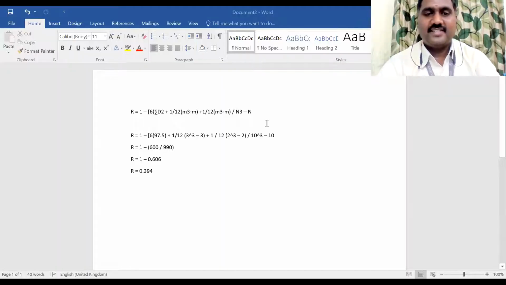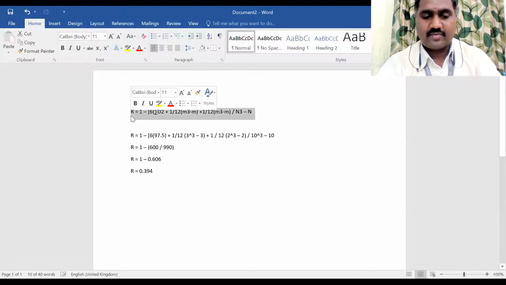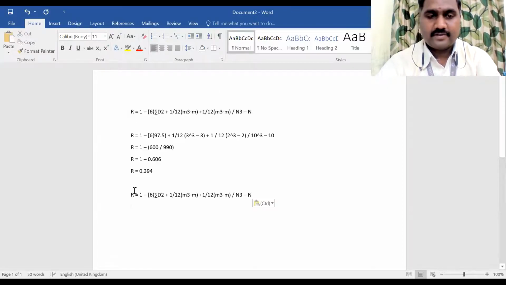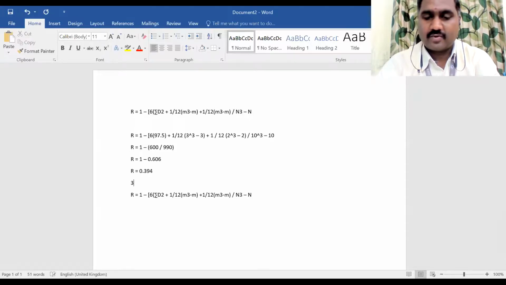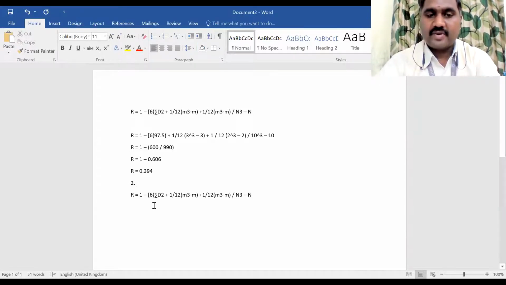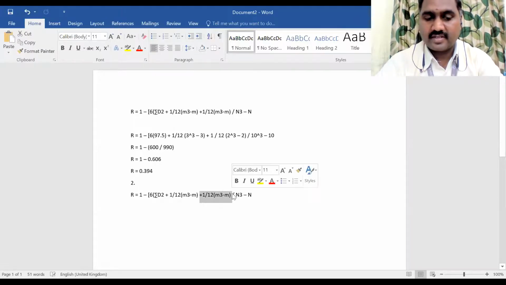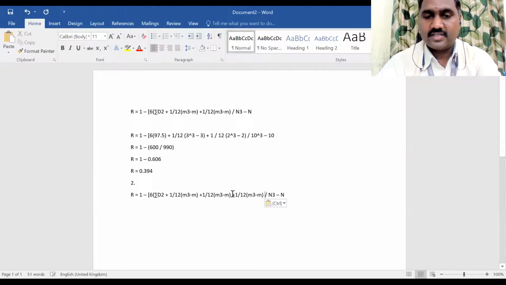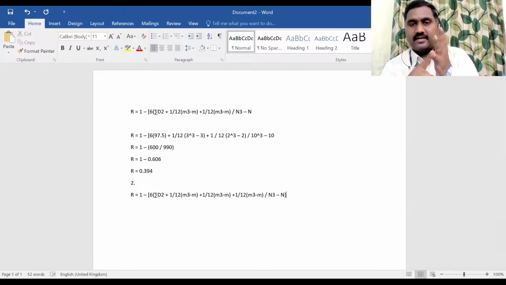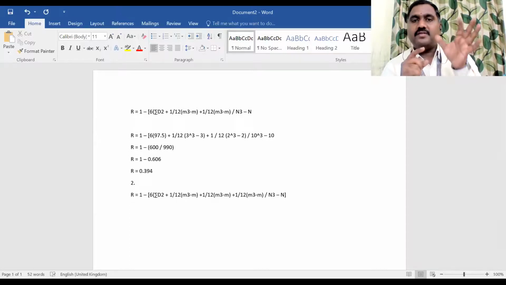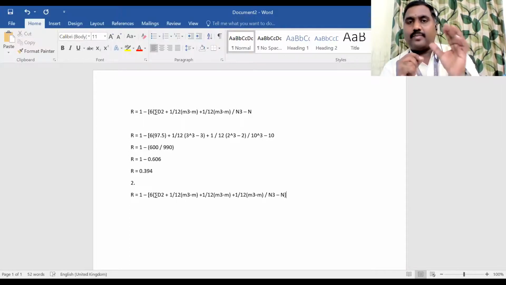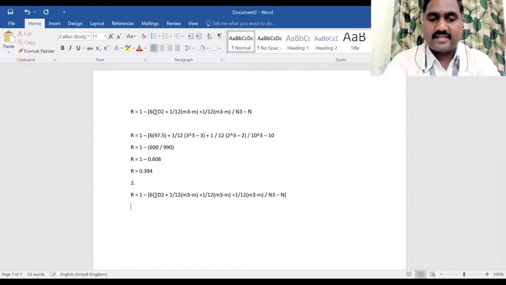Okay, fine, no problem. See, now I'll write down the formula for the problem, guys. This is problem number, sorry, second problem, right? So 1 minus 6 into summation d square plus 1/12. Again, we need to put one more 1/12 into m power 3 minus m. Why? Because 3 numbers are repeated: 8, 8.5, 5.5. So however many times numbers are repeated, you have to mention that many pairs of 1/12 into m power 3 minus m. Now the next part is the calculation part.